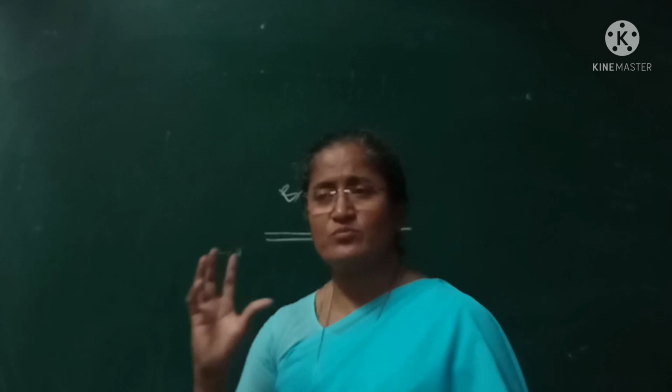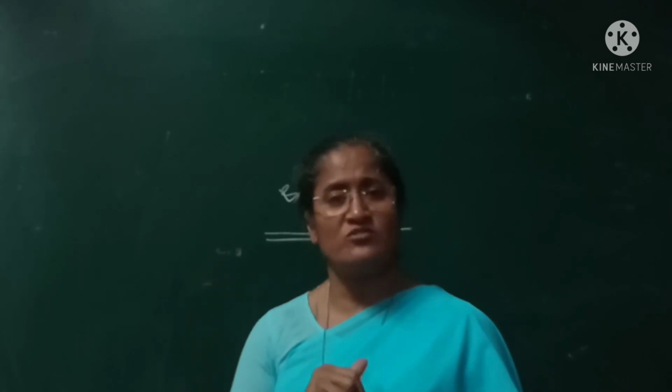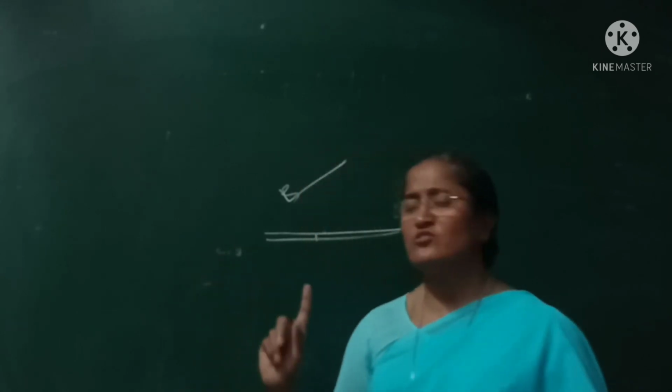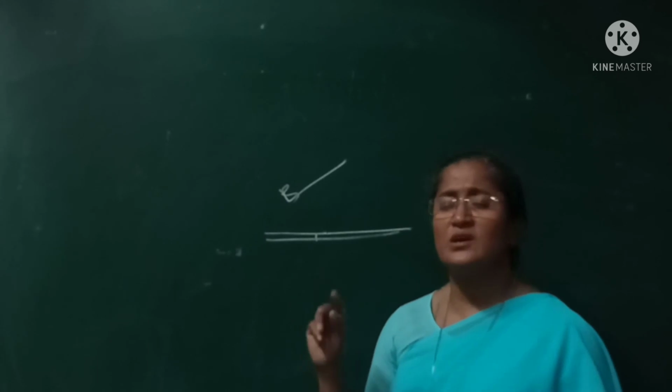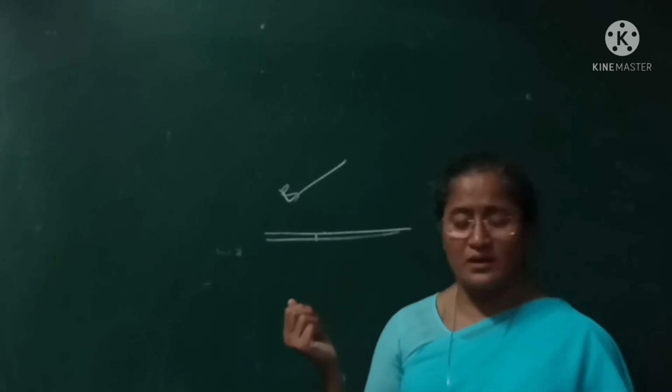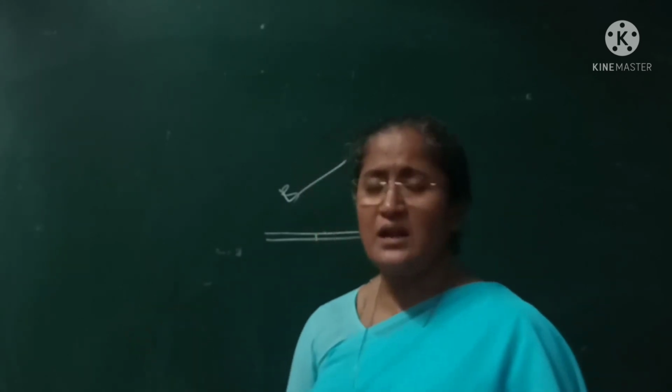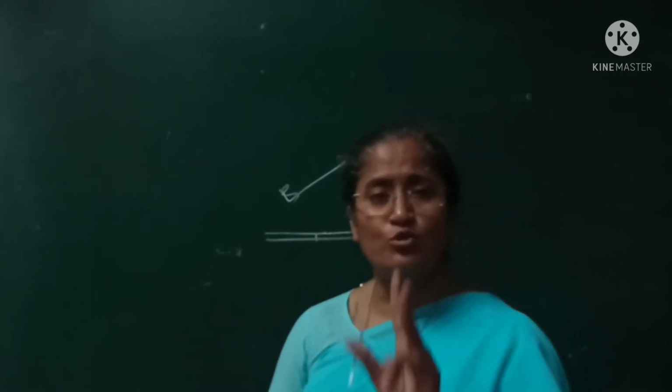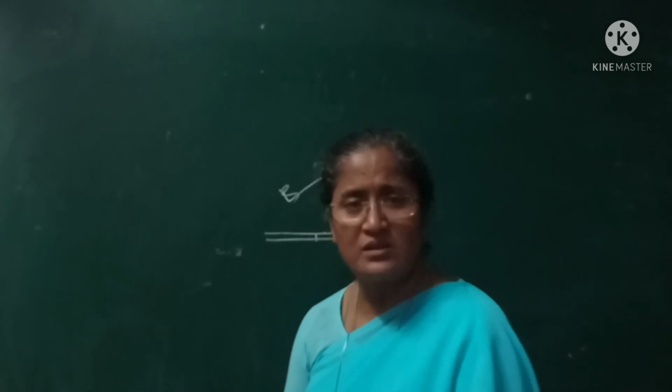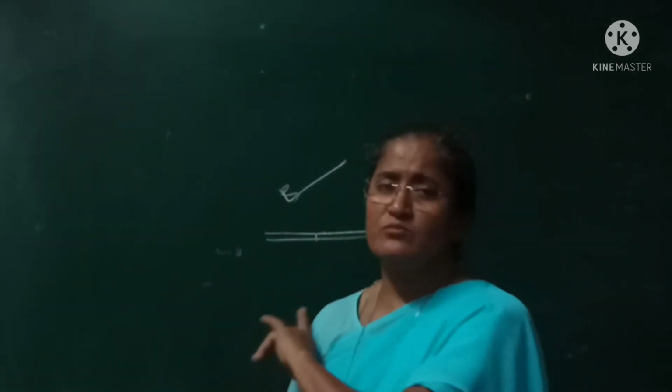And not only that, earlier these bats and the stumps were made of only one tree, but now they are made up of 2 trees. That is, the handle is made of cane, and the blade is made of willow tree. Like that, two types of trees are used for making this particular stump and bat.